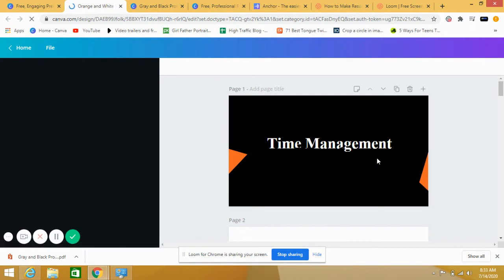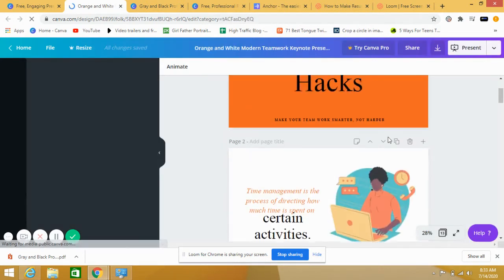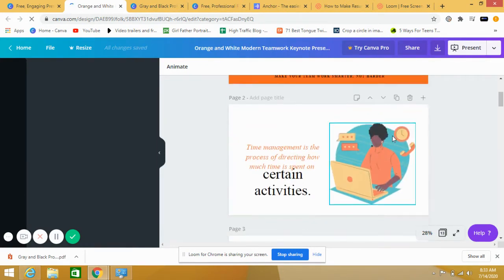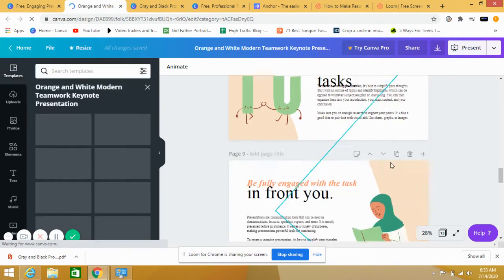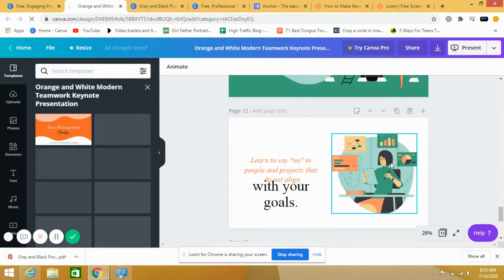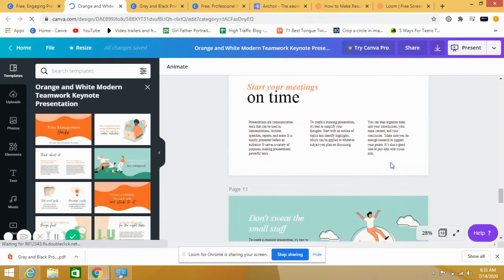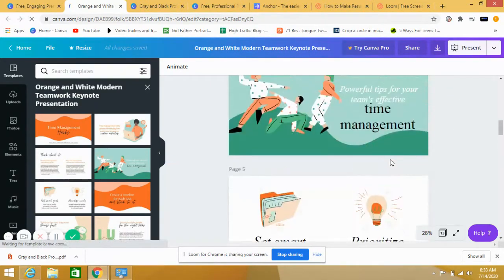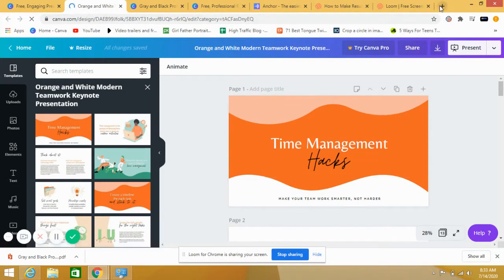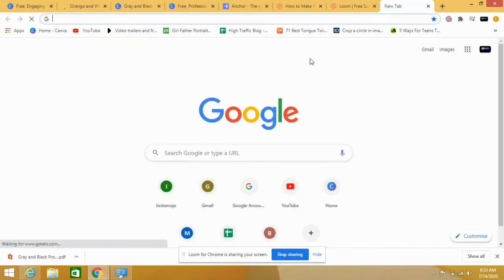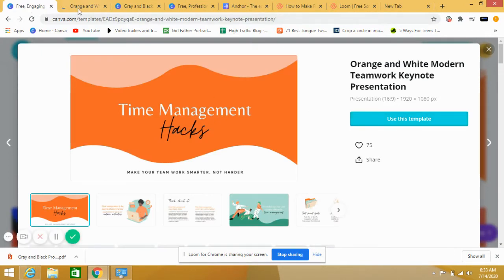Now we have reached the presentation template. These are our templates, so we will design according to our needs. Whatever contents you have, just get ready with them and then put those contents in. If you have contents in Google Sheets, you bring those contents to this platform and paste them.